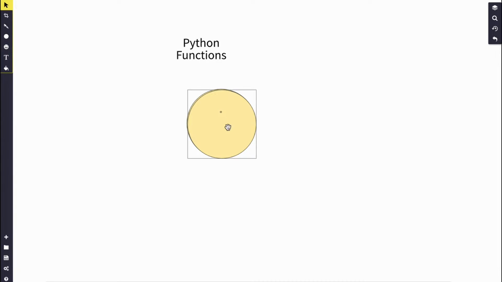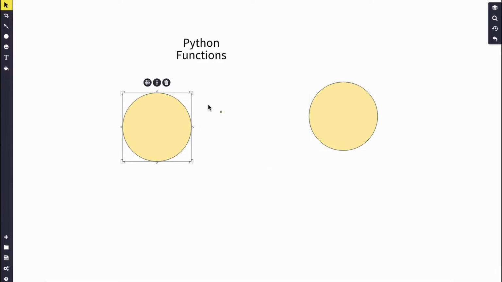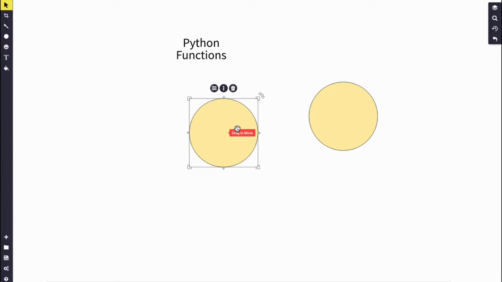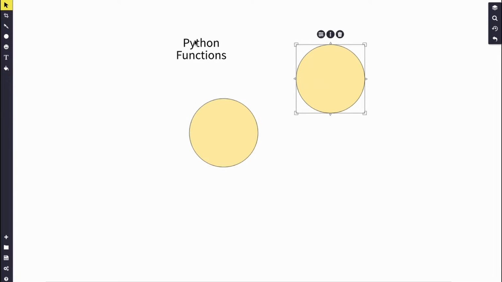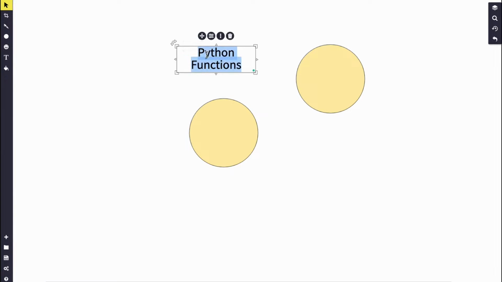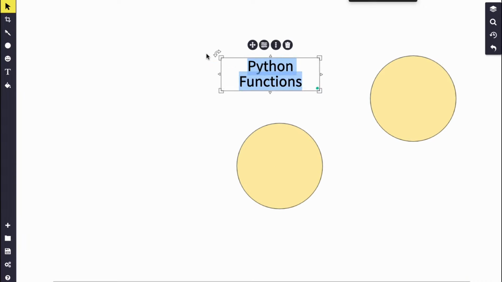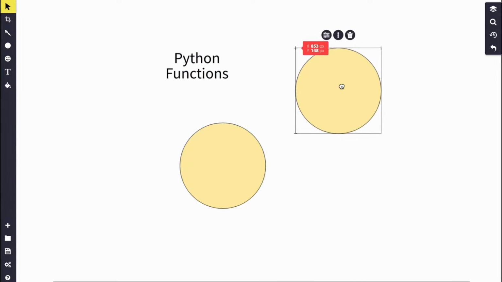In particular, one of the things you can do is get logic, right? So you can go inside and build some logic, and then at the center of this is your ability to control lots of different things from Python functions.